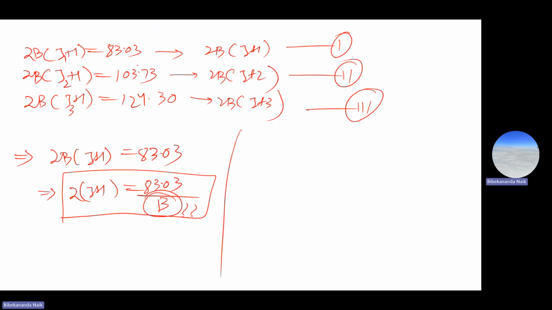To get the value of B, we will use these two equations. If you subtract equation 2 minus equation 1,